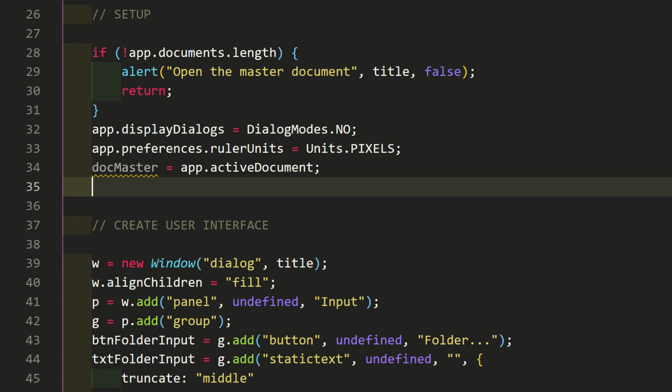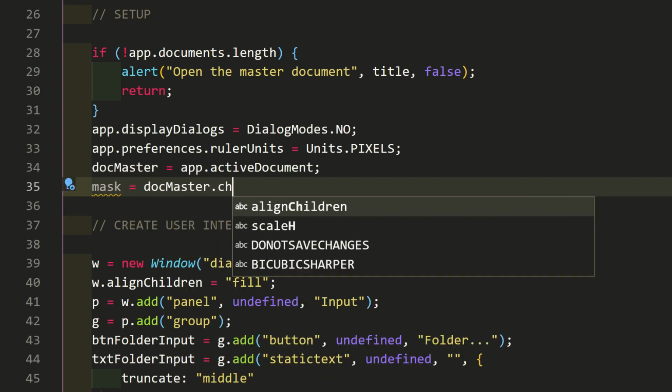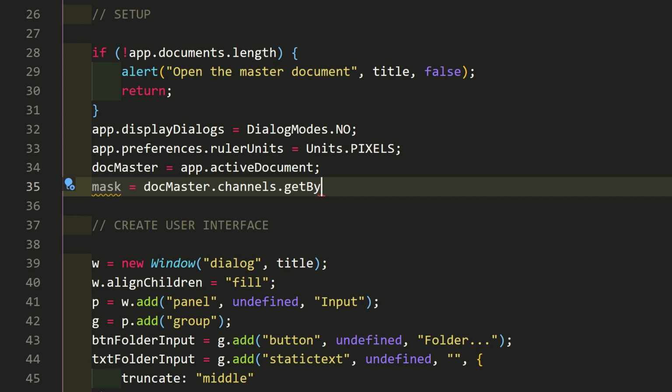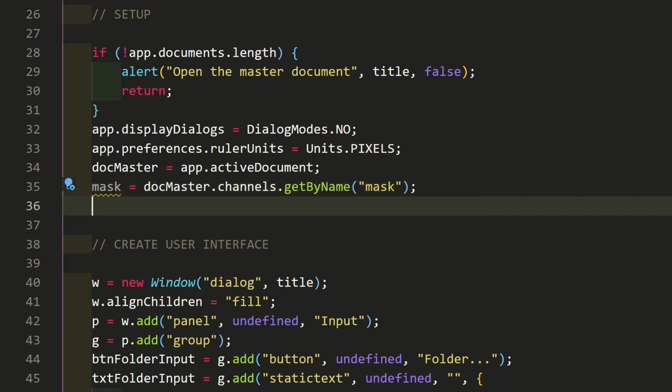Next, get the mask into a variable, because we'll need it a few times. mask = docmaster.channels.getByName("Mask"), and get its position and size.